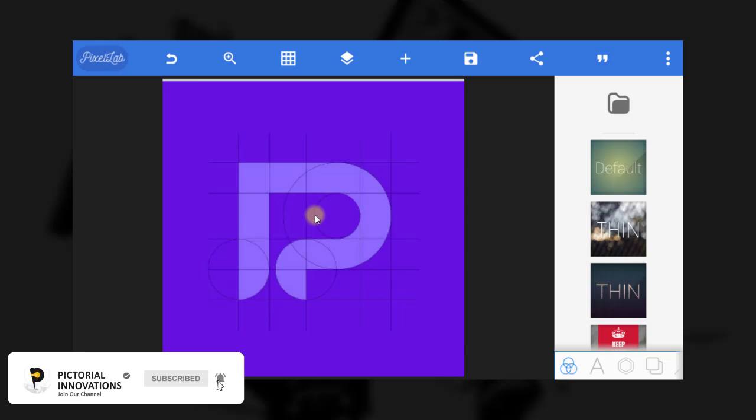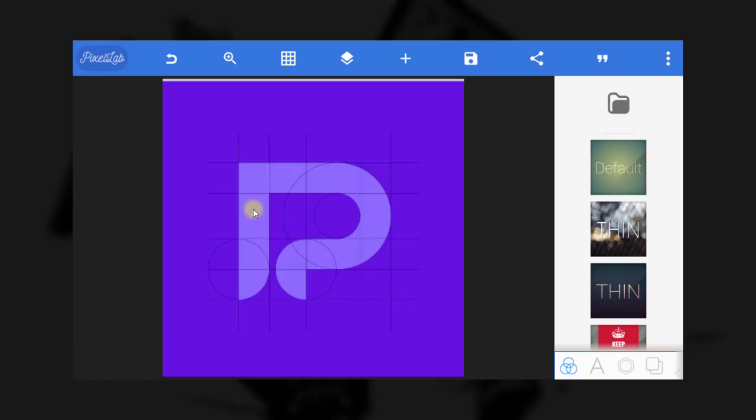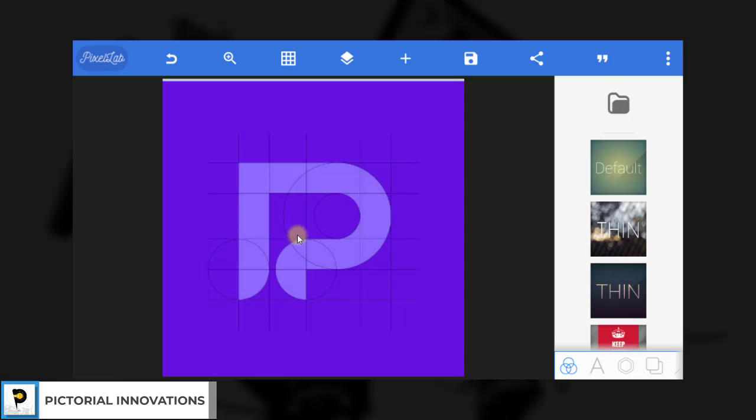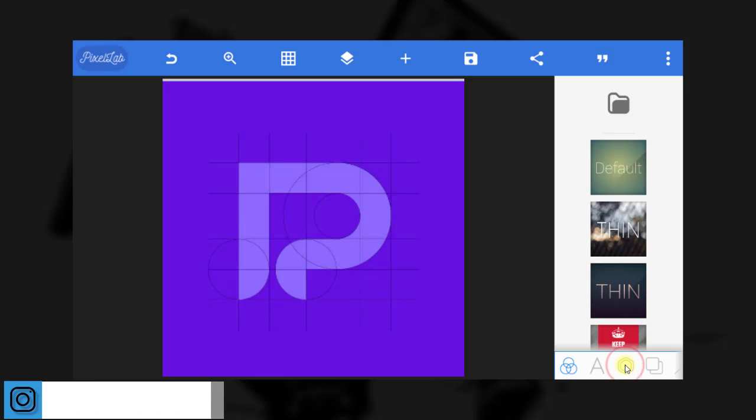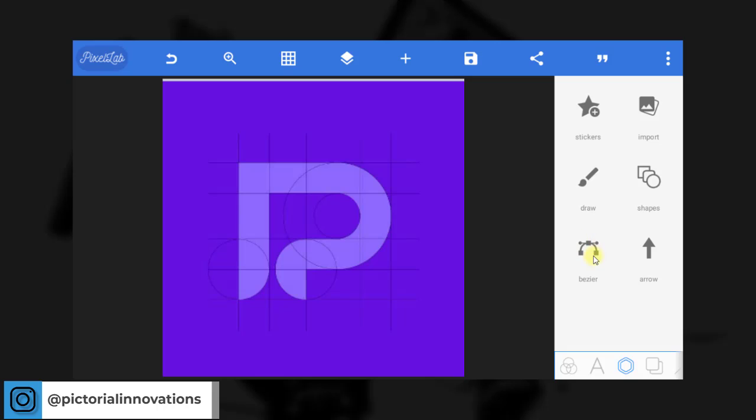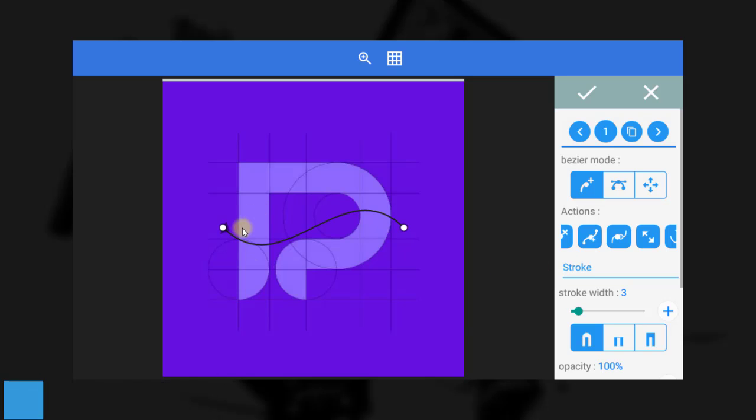Let's dive in. Now I want to trace this image with Bezier tool. How do we do that? You go to Bezier tool, you can find it where you manage your object here. This guy here. Choose this guy and you see the Bezier tool here. Click on it. Now when you click on it, you see something like this, and this is where you control